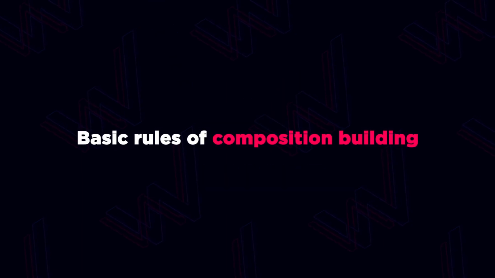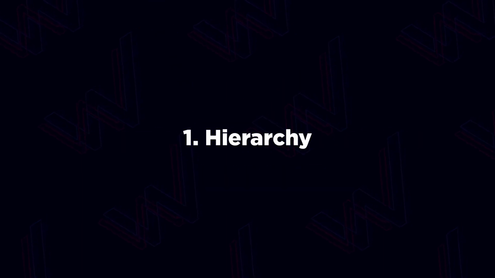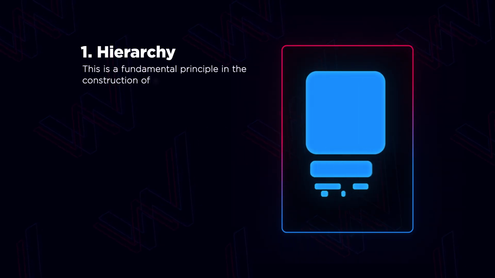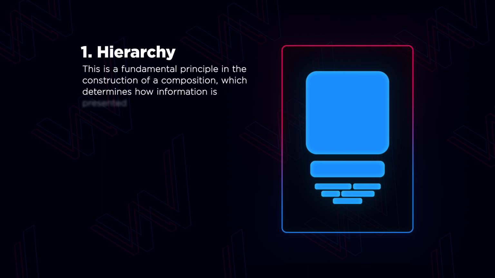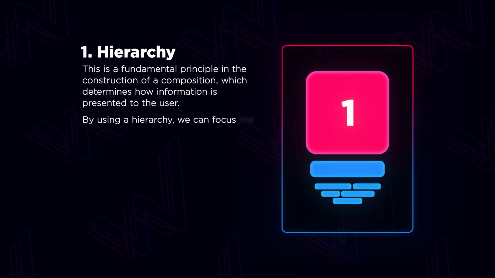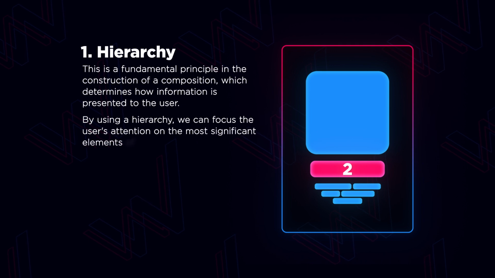Basic rules of composition building. Number 1. Hierarchy. This is a fundamental principle in the construction of a composition, which determines how information is perceived by the user. By using a hierarchy, we can focus the user's attention on the most significant elements of the